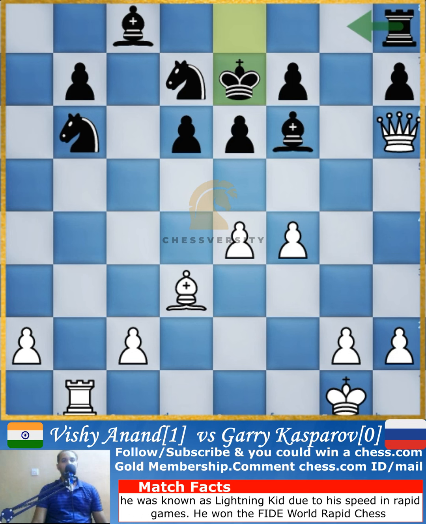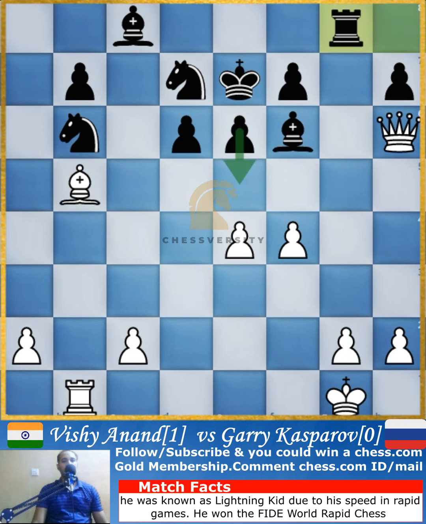A better move would be to bring your rook over here to g8 and create a counter attack on the king, but Kasparov didn't go for that, and instead he played the king move, and after that bishop to b5 by Anand. A better move would be to push the pawn to g4 and keep pushing the pawn and start attacking again, but rook now comes to g8, a move late, but a better move would be to push the